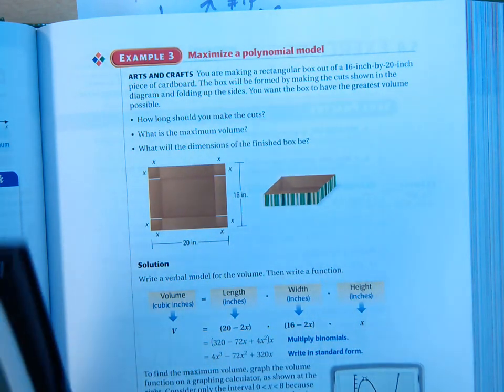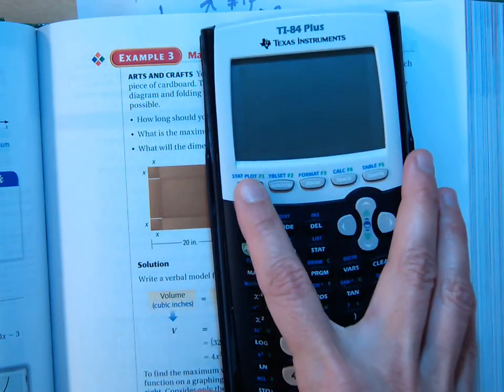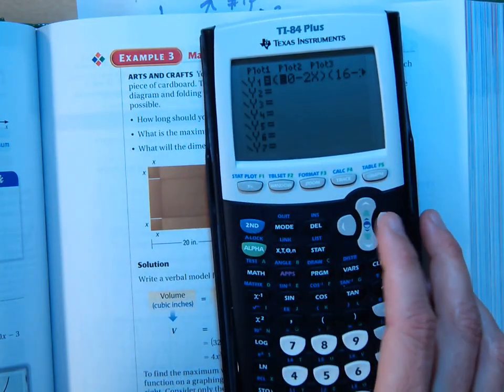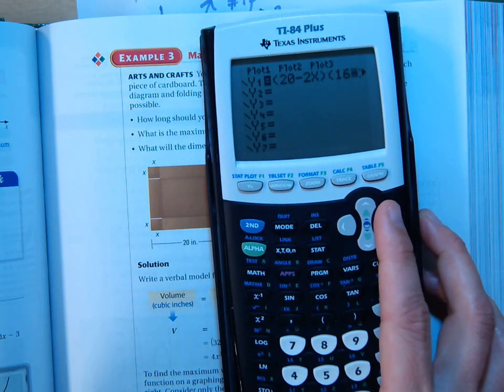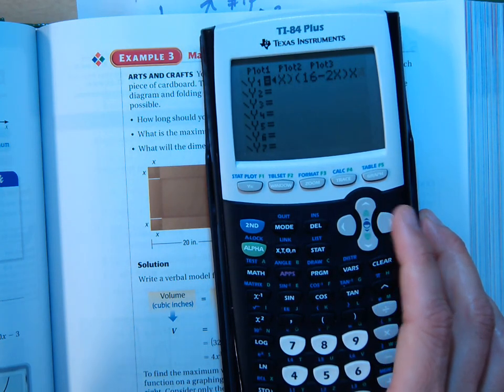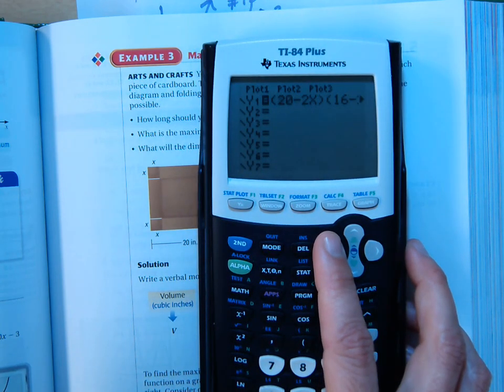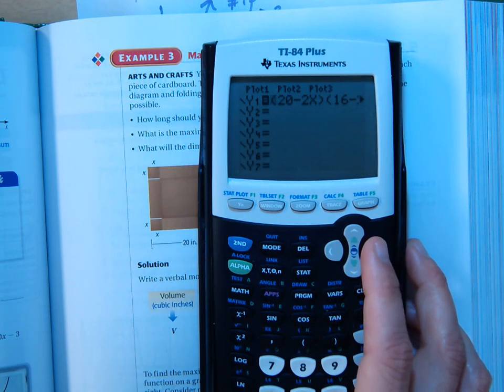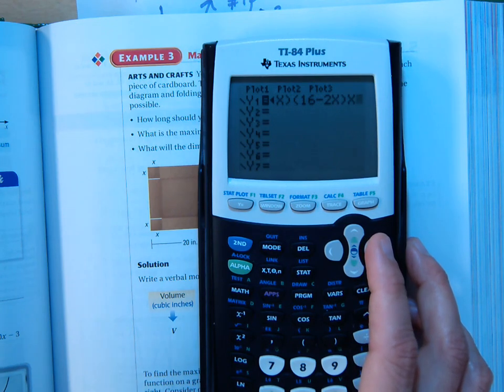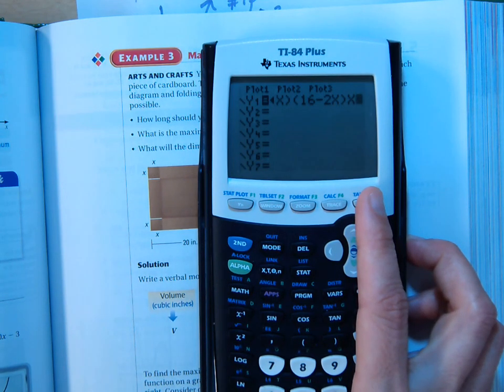So if we turn our calculator on and go to y equals, and you type in that equation, 20 minus 2x, 16 minus 2x, and x. 20 minus 2x, in parentheses, times 16 minus 2x times x. And then you hit the graph button, and it won't quite look right, and that's why we have to do it together to figure out how to adjust the window. So when you type that in and hit graph,